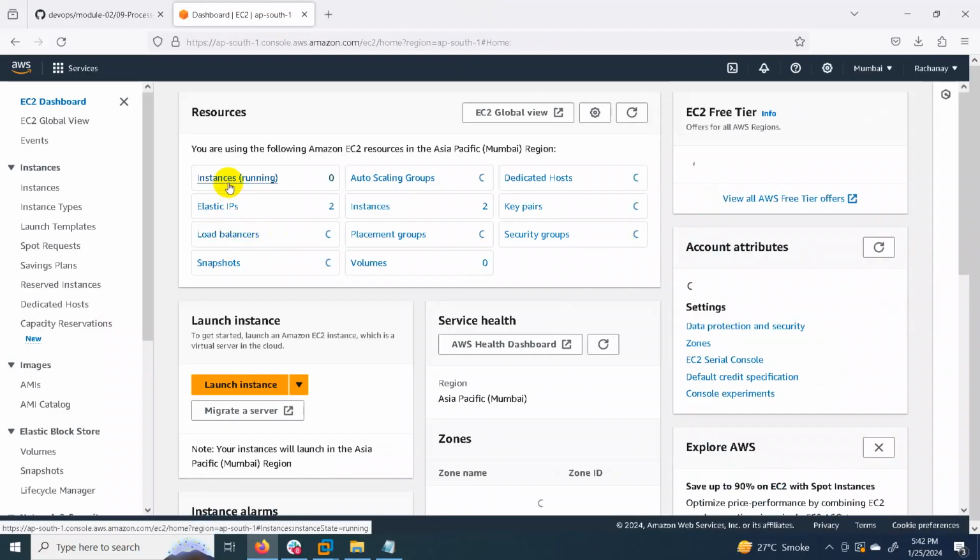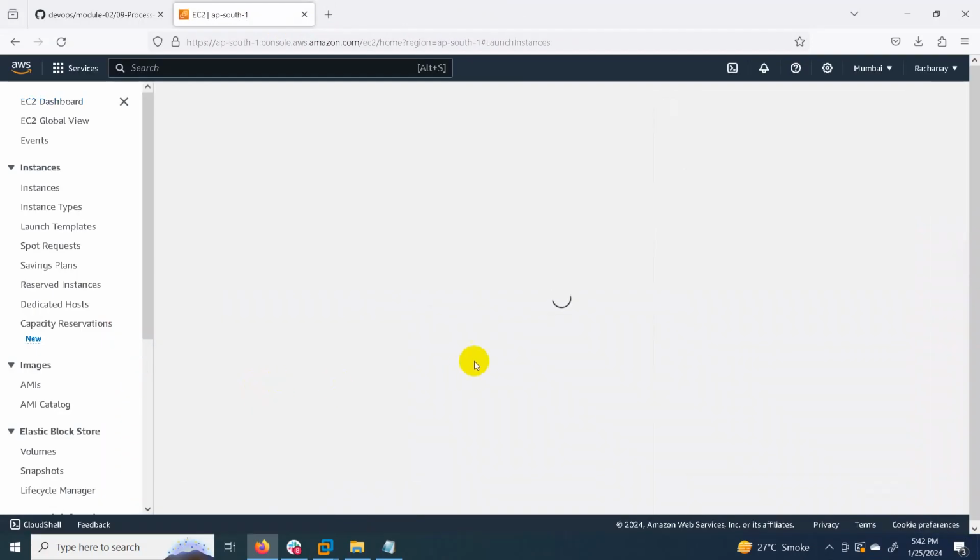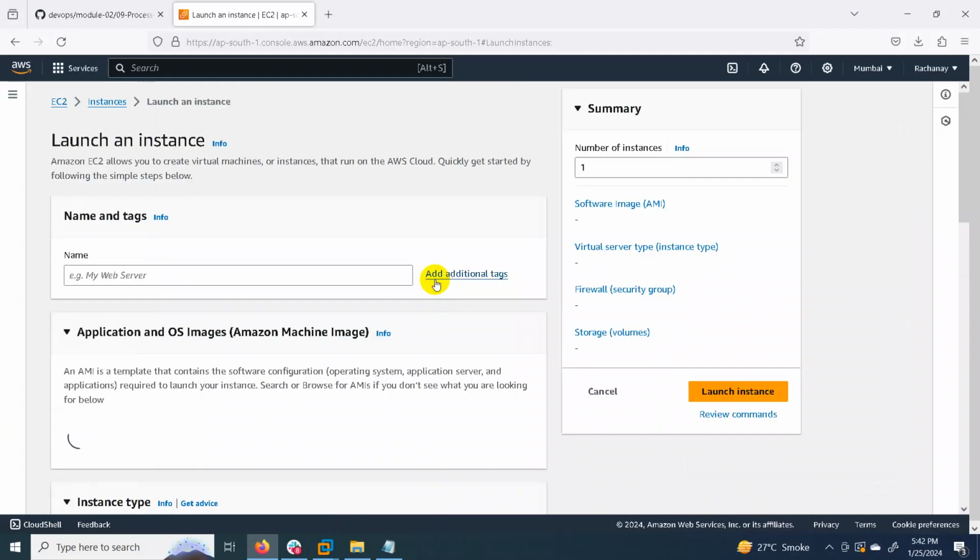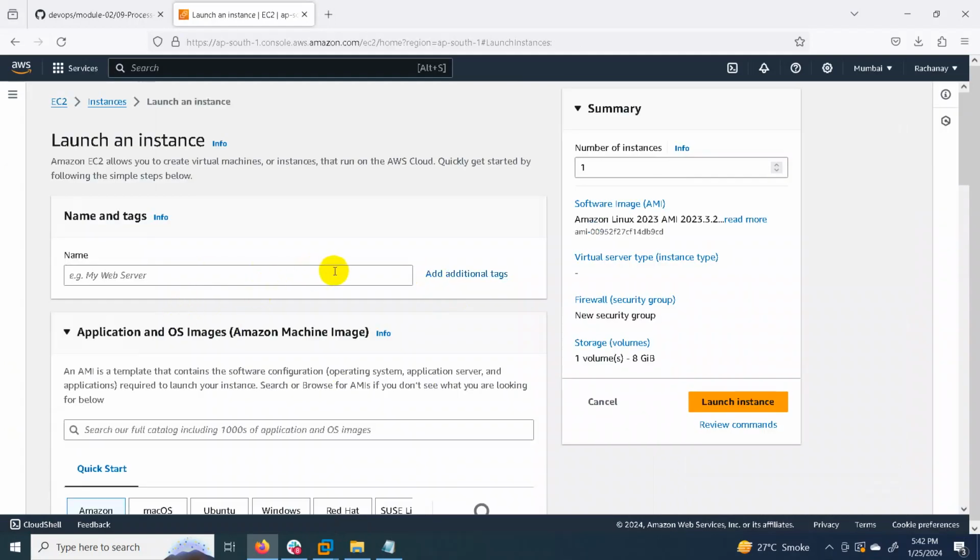Now we have to create instance. Suppose I want to create a private instance here.